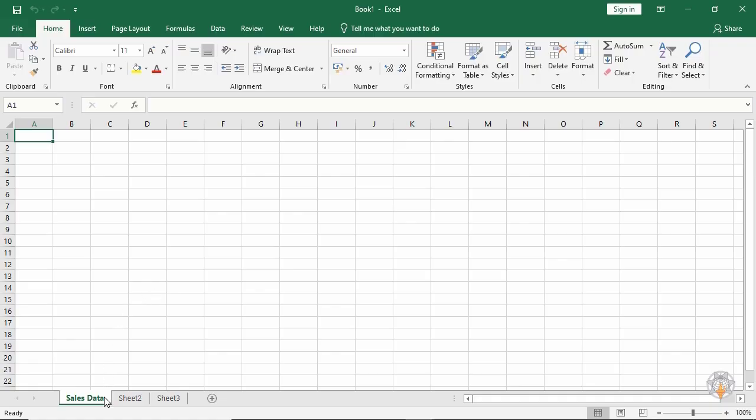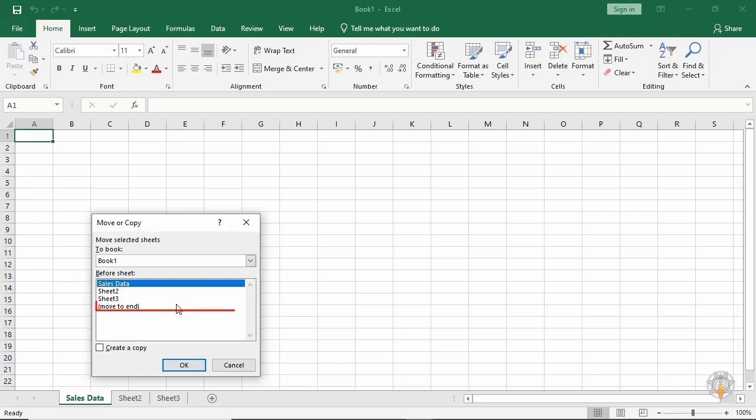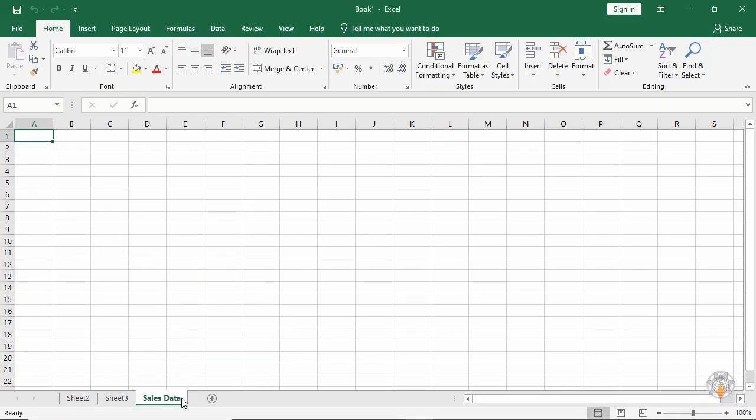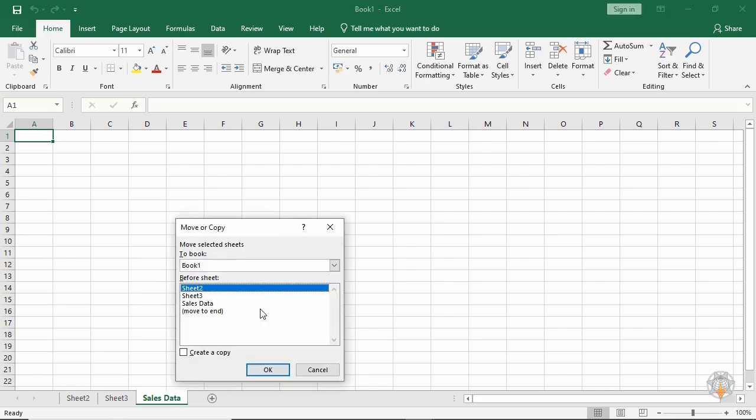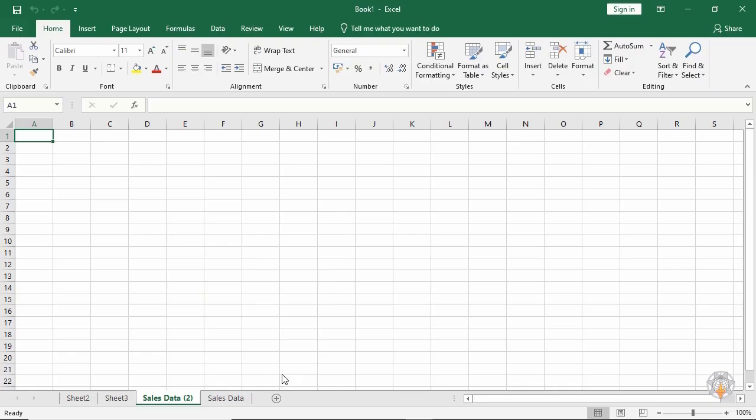To move a sheet, right-click the Sheet tab and select Move or Copy. Select the position you want to move it and click OK. To make a copy of a sheet, follow the same procedure. This time, in the Move or Copy window, select the position to create the copy. Click the Create a Copy box and click OK. A copy of the sheet is created at the specified position, having the same name with the number 2 in